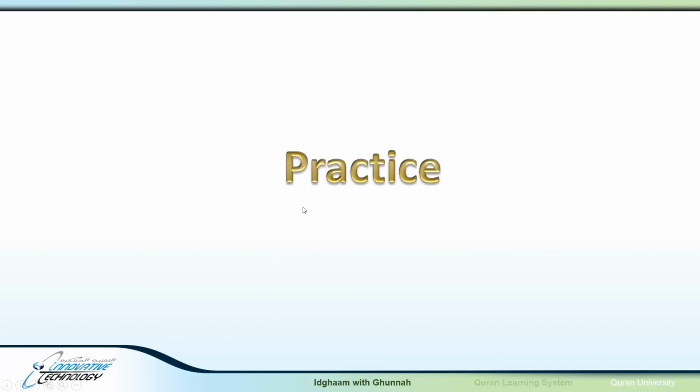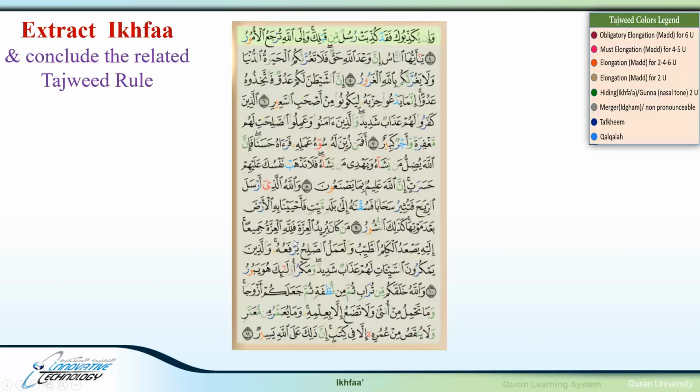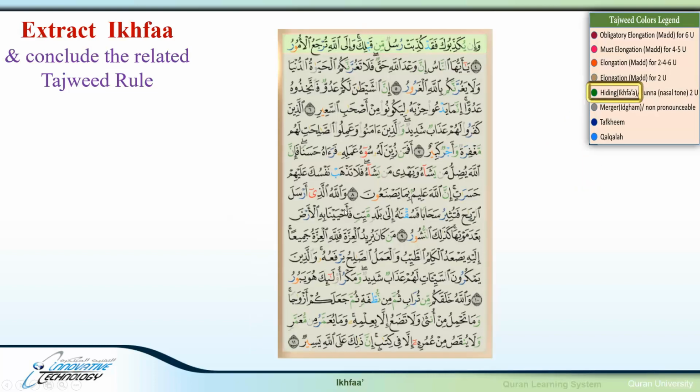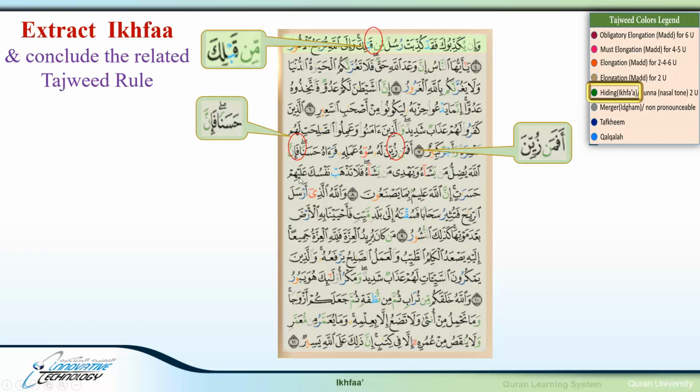And now let's apply some practical experience on what we have just learned by trying to extract Ikhfaa from these pages of Quran and try to conclude the related Tajweed rule. So basically we're going to look for a nun sakina or tanween with the color green, and first example is min qablik, min qablik. Another example, afaman zuyyina. Third example for tanween, hasanan fa'inna,